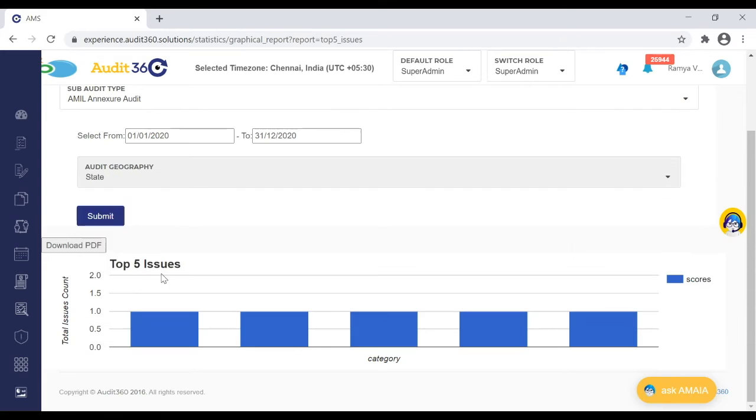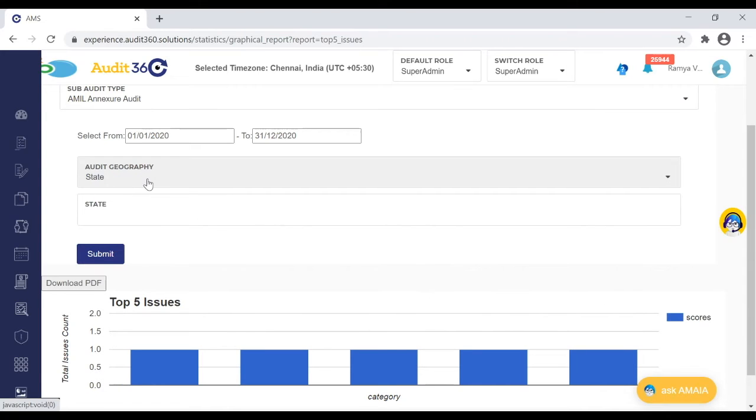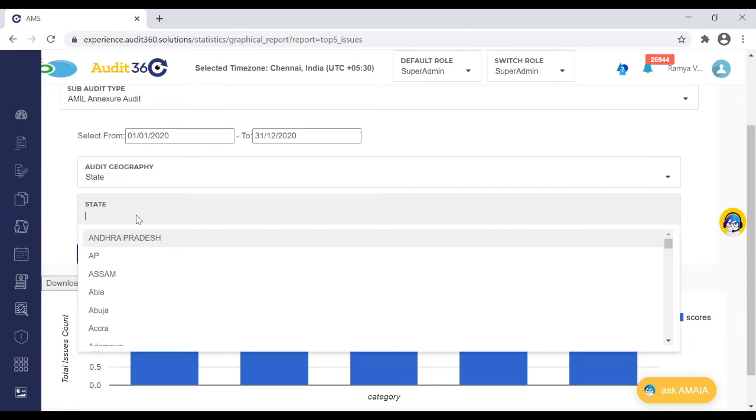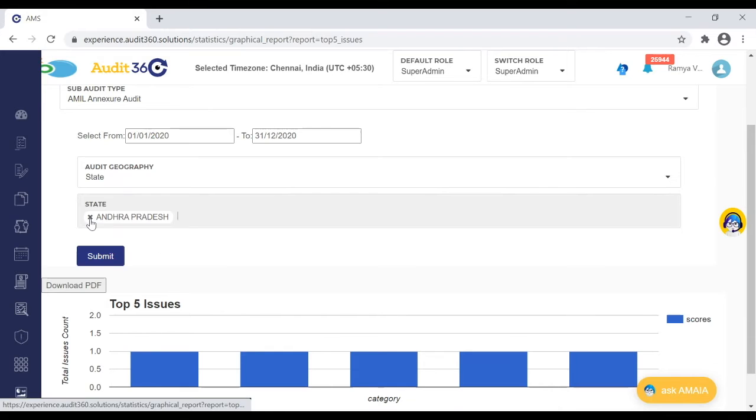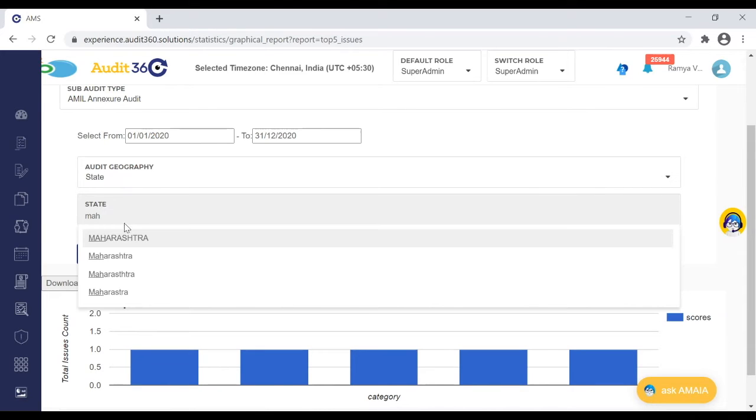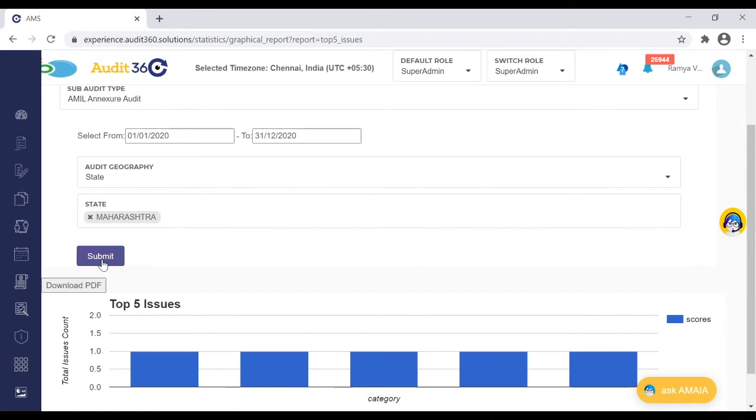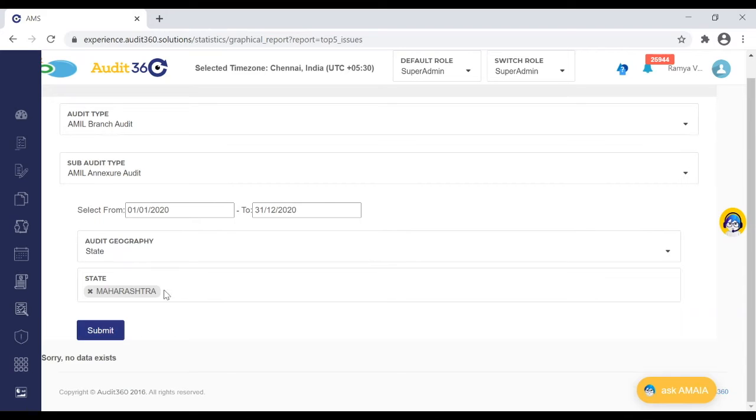You can just choose whichever geographical determination you would want, and you choose next. If you've chosen state, you can even choose which state you are referring to. Let me choose Maharashtra, and you can submit. So there is no data, but if you have any data which has been executed for this criteria, then the information would be shown.